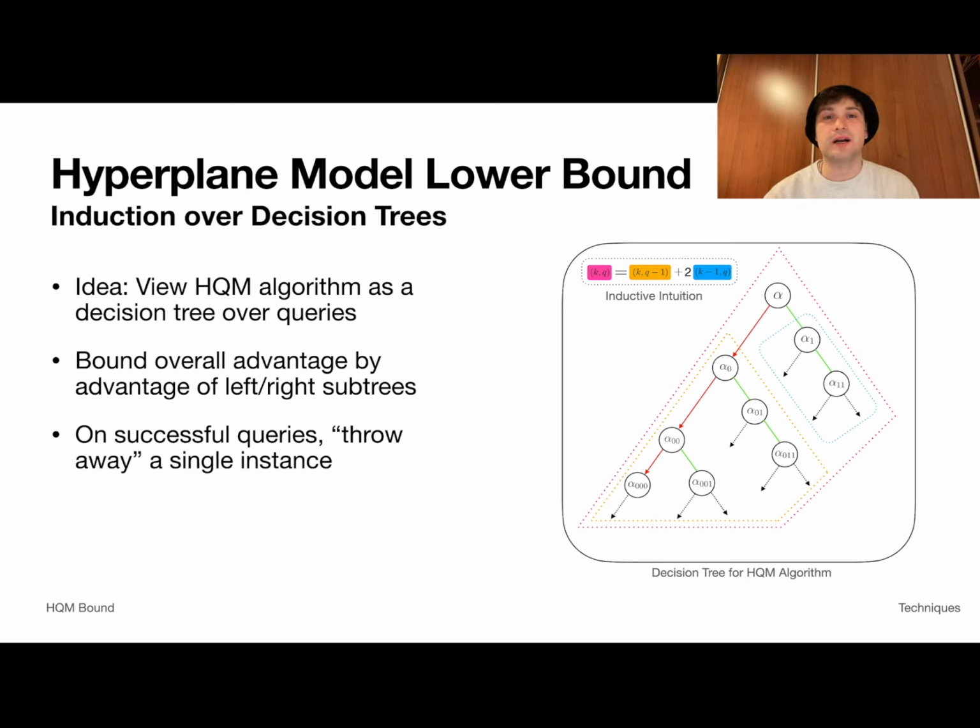Fundamentally, the intuition behind our proof is that a single hyperplane query, in most cases, is able to reveal information about, at most, one instance. That is to say, it's very unlikely that any hyperplane query made by the algorithm reveals information about any further instances, which somehow limits the amount of speedup possible, despite the fact that we have multiple instances at once. Here, we end up proving this bound, where q is the number of queries, or the depth of the tree on the right, and s is the number of instances.